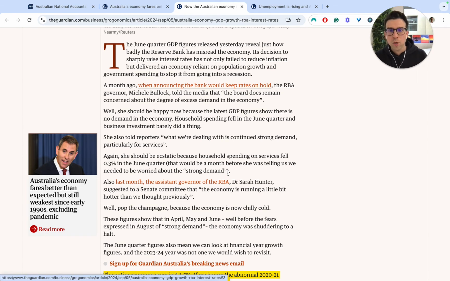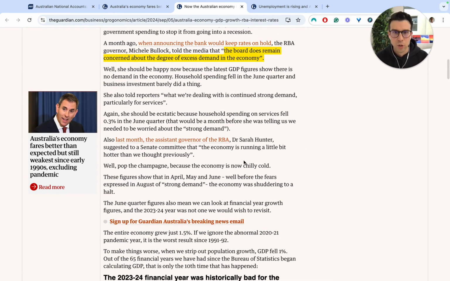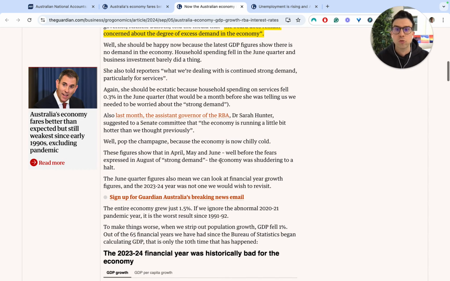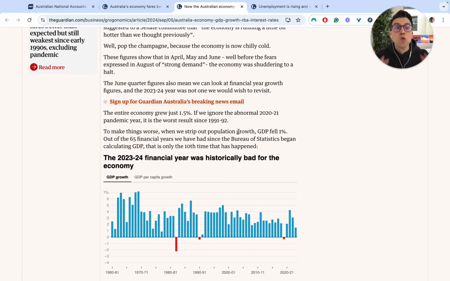Okay, so the RBA said that they were still concerned about the degree of excess demand in the economy. Now the argument here is that when we see these economic growth figures, it suggests that's not true. Particularly, we said household spending fell in the quarter. So it's showing that there's not that excess demand, and maybe the data is showing that monetary policy does need to make a change